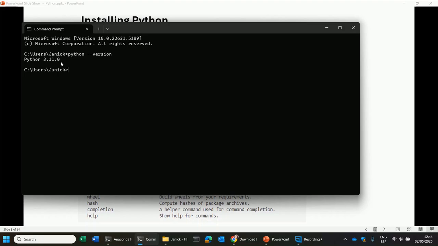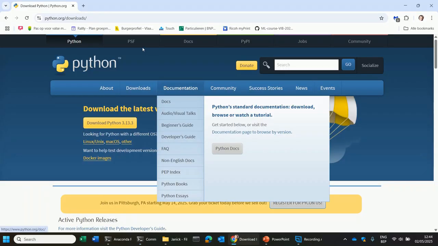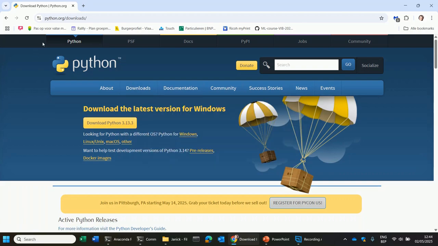If Python is not installed, you can install it from the official Python website, python.org. There you can download the latest version for Windows, or on Mac, you can use Homebrew to install Python. However, since Python is regularly updated, you can see here that the latest version is 3.13, where I have 3.11